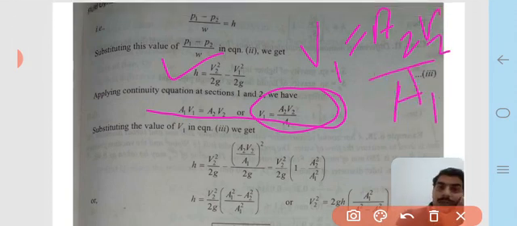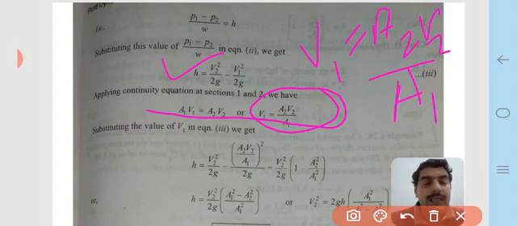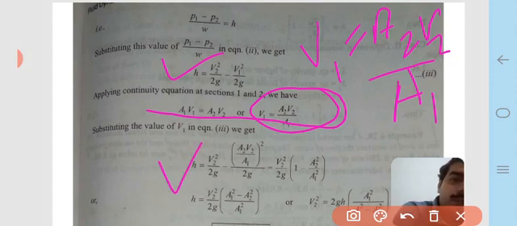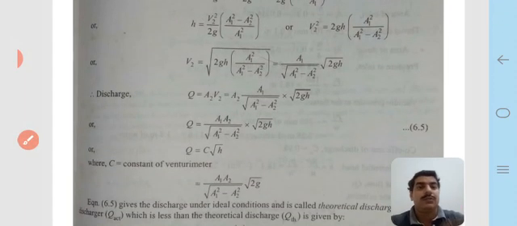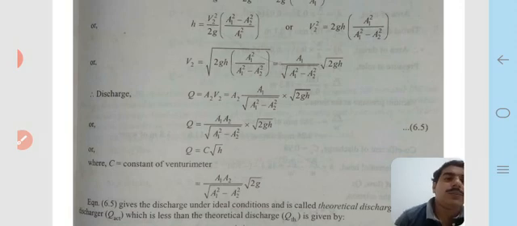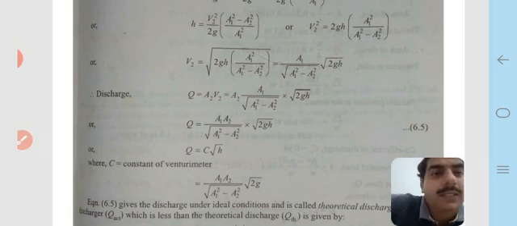Now putting equation three, we get h is equal to v2 square upon 2g minus (a2 v2 upon a1) whole square upon 2g. Rearranging these terms, we get v2 is equal to under root 2gh times a1 square upon (a1 square minus a2 square), and now it can be